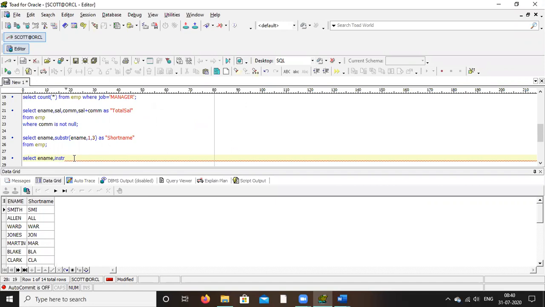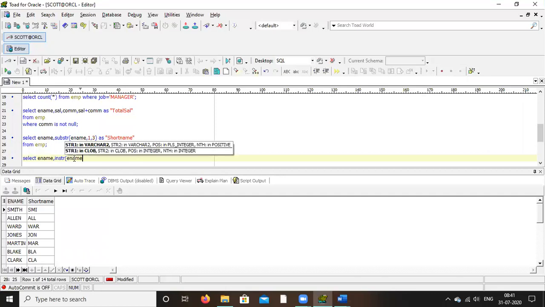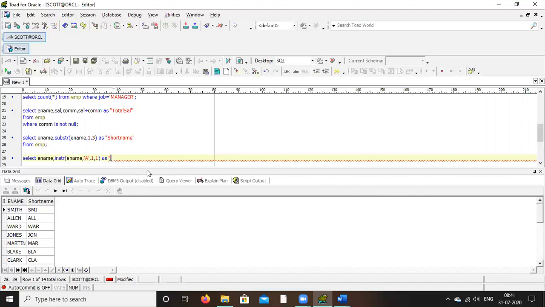INSTR within bracket ename, comma within single quote capital A, comma 1 comma 1, bracket close. You can give some alias name, position of A, something like that.